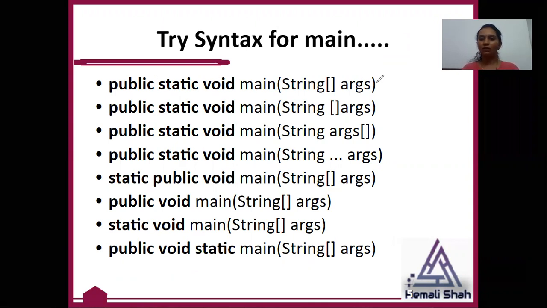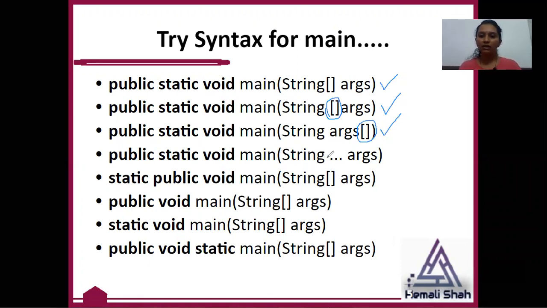This syntax we have already tried over here. The syntax is valid. In this second syntax, public static void main String, I've used the space only. Space does not matter to declare the argument in Java. So again, it is a valid syntax. In the third syntax, you can use the array brackets with the data type as well as with the variable declaration in Java. So again, this is a valid syntax. We are going to try it on our machine also, so that you can get the idea.